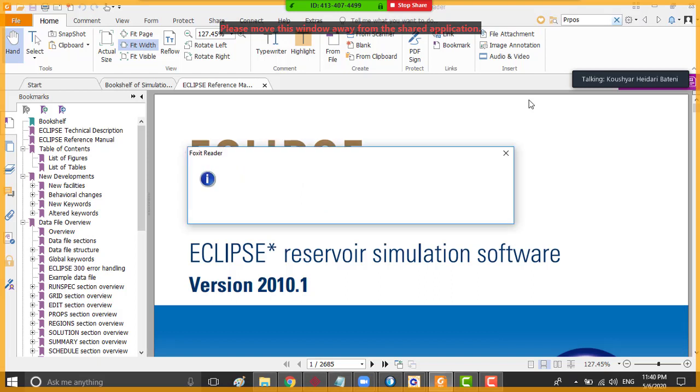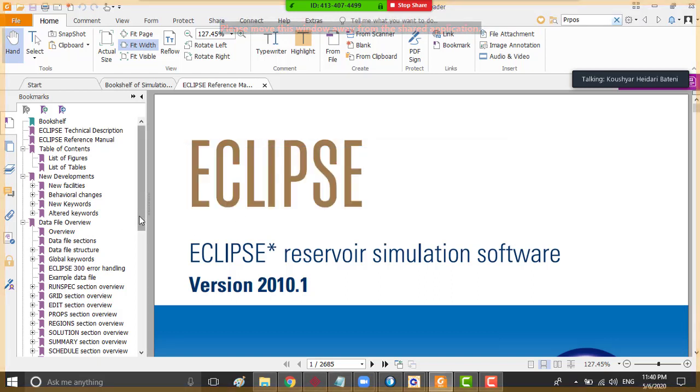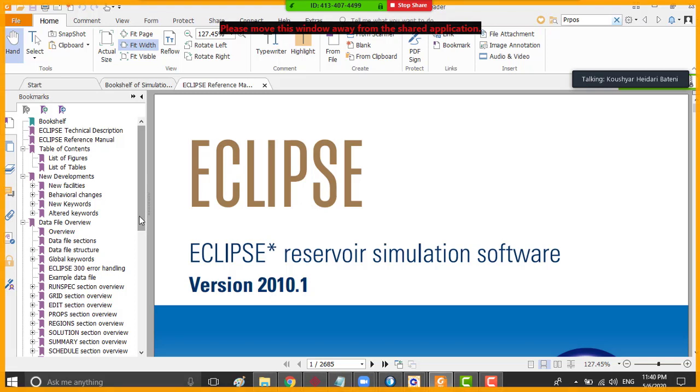For example, you're going to input the relative permeability tables, and you're going to input the rock properties, for example,